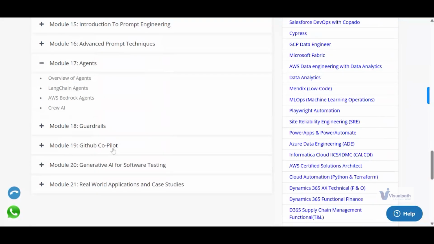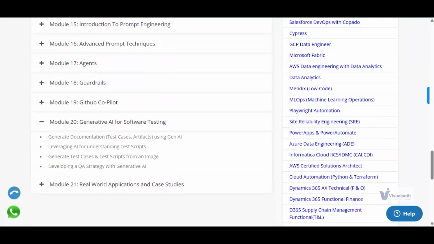Okay, obviously, as I said, real world applications and case studies, those three case studies which I mentioned: medical chatbot, ATS system, multi PDF, which are real world case studies which will be covered. Software testing, we will also create an application where we will create test scripts, which is an important thing. So we will also create how to automate and generate test cases and artifacts. So that is what we will do with GenAI. That is one of the applications which we'll try to cover in this course.